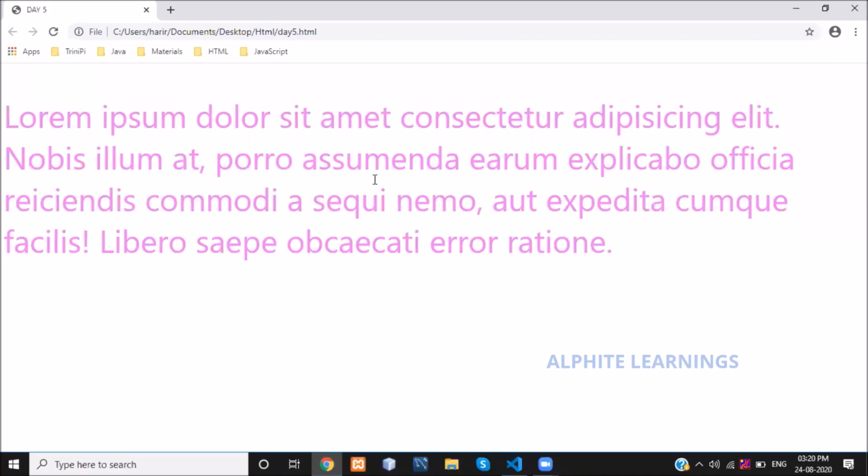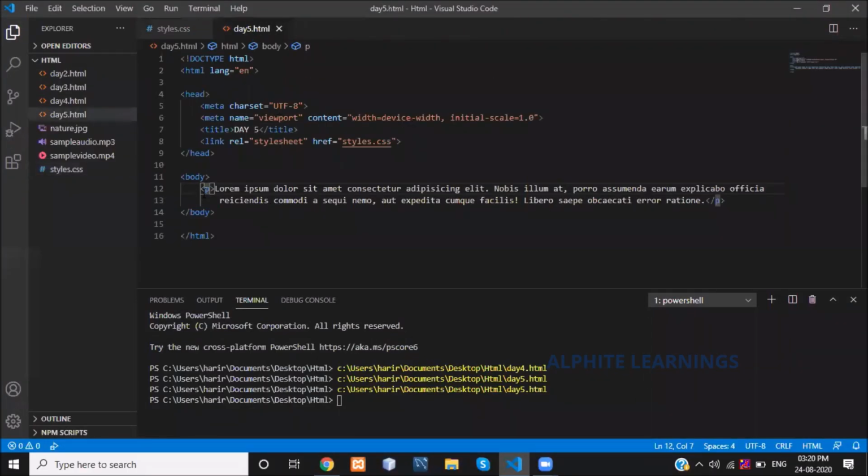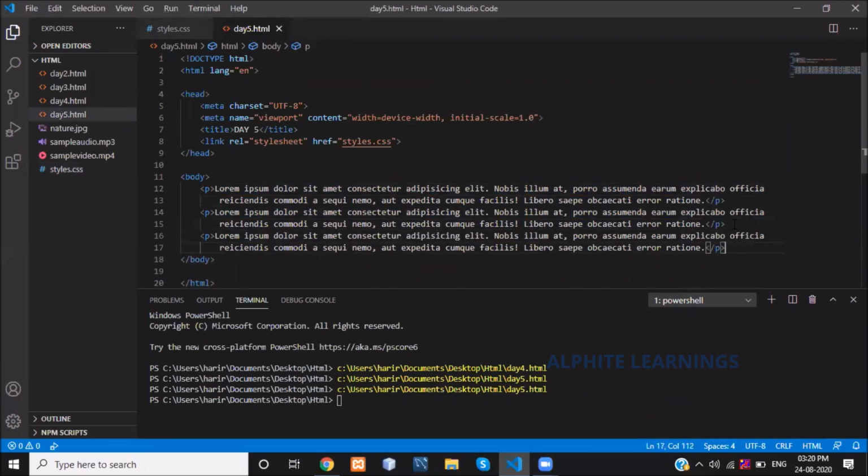Okay, it will display in the violet color. Next, I am now creating another paragraph here. I have given 3 different paragraph tags here.